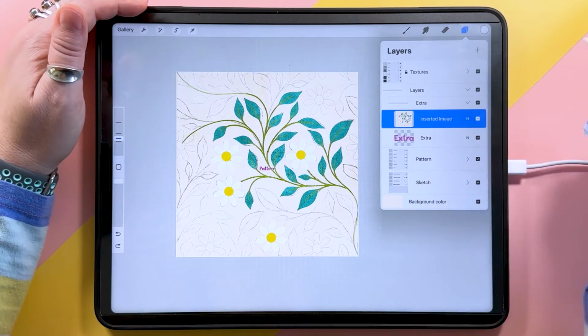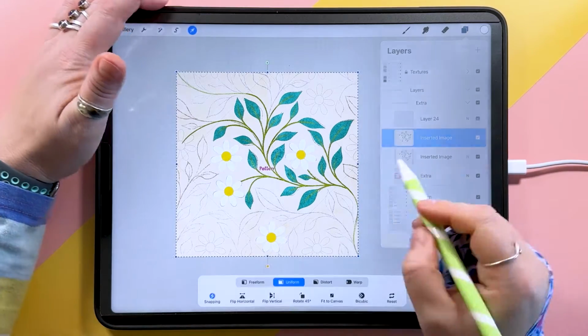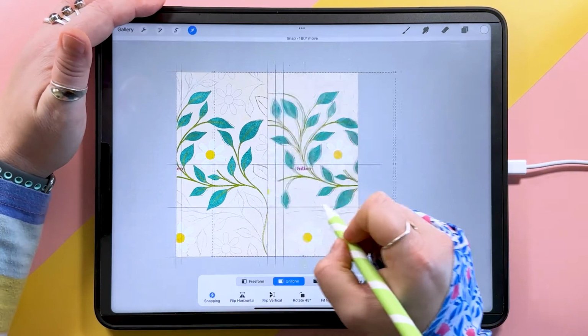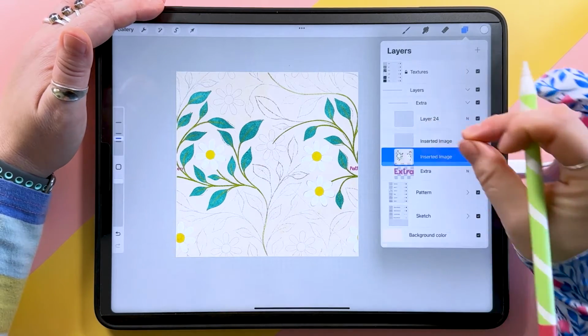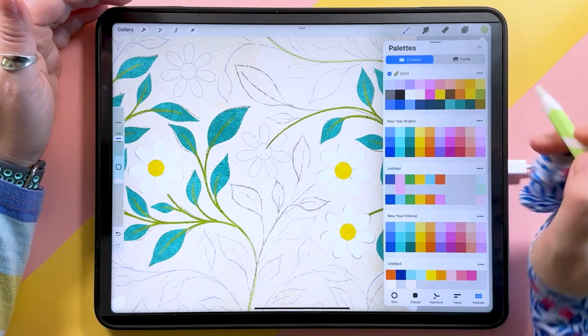So in this extra group now, we can add a layer that we'll be working on. We can duplicate this pasted image there, and we're going to drag it over to the side there and snap it to the edge, and then this other one will snap that to the edge, pinch those two together, and then we just need to put these grey parts in here. So on this layer here we'll put the stems in first,